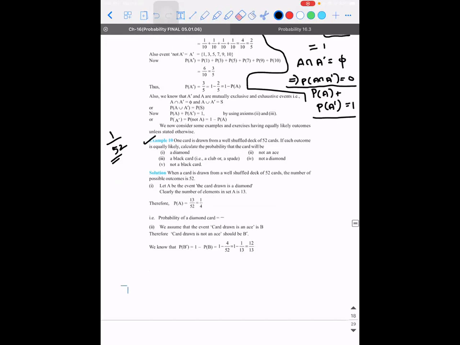Okay. Now comes an important question. We need to calculate the probability that the card will be a diamond. How many cards are picked? That is what we need to understand. Only one card is drawn. This is a simple activity, right? I just give you 52 cards. I ask you to pick one card. It's a very simple activity. If you need to pick a diamond, what is going to be the probability of getting a diamond?